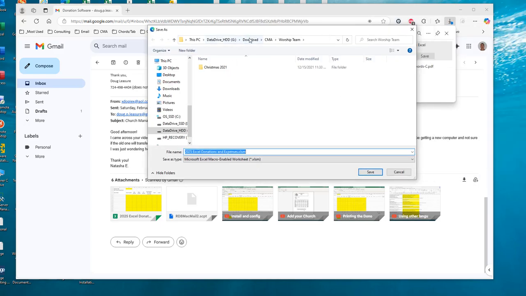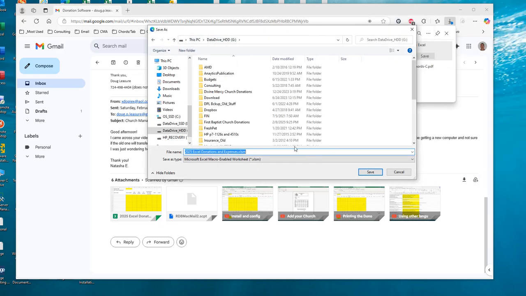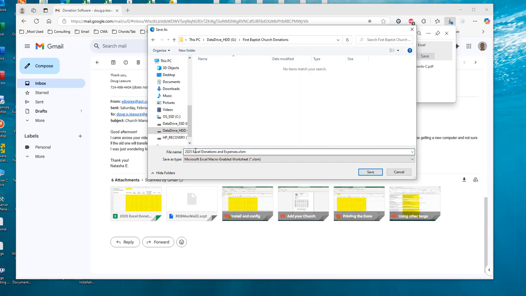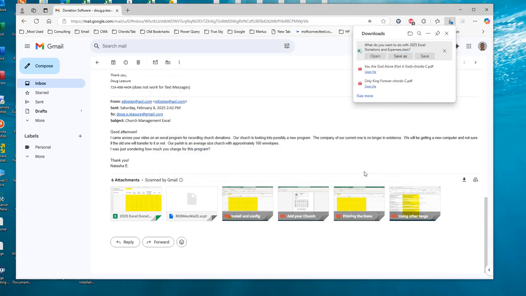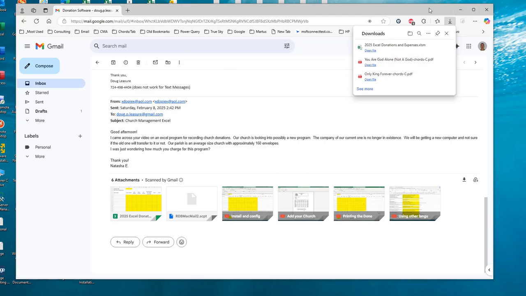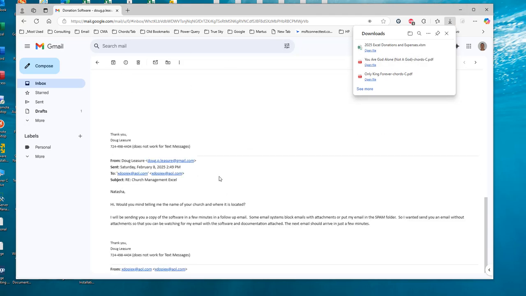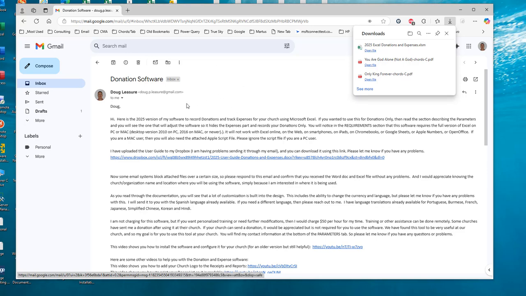In this case we're going to go to the G drive, to the First Baptist Church Donations folder. I'm going to leave the file name as it was during the download. We will change the file name later. Basically at this point I'm done with my email, other than that in the email I will give you a link that will allow you to download the user guide. Let me just grab a copy of that real quick